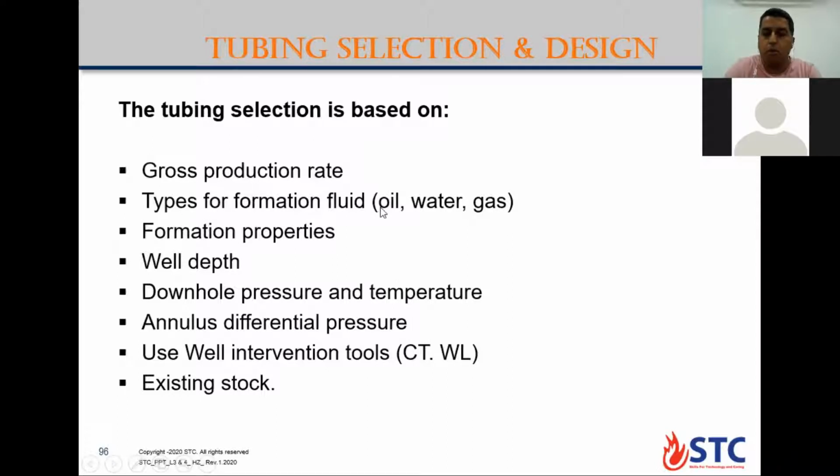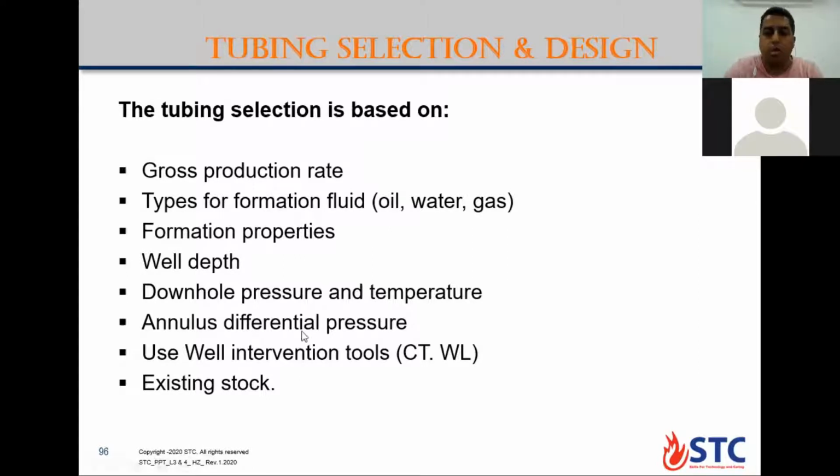Then the types of fluid coming from the well, oil, gas, or water, and whether it contains any H2S or CO2, to select the suitable grade for the tubing. Then formation properties, the maximum well depth you reach, and downhole pressure and temperature effect on the elongation and contraction of